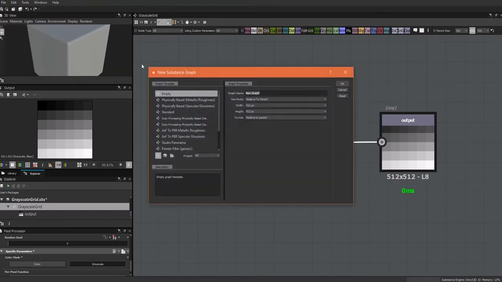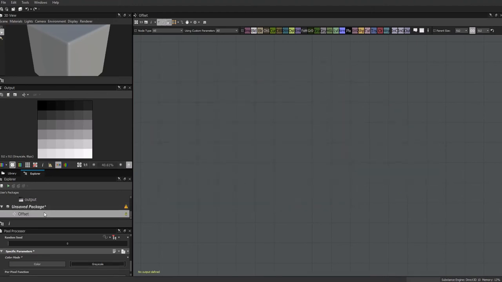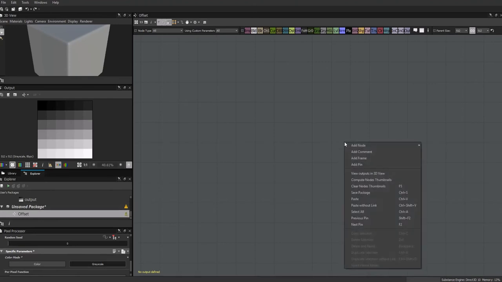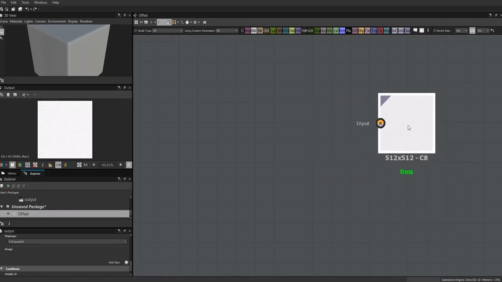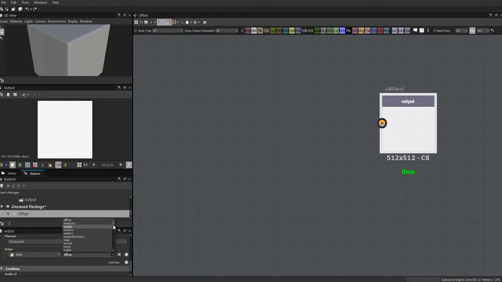So File, New Substance, and this one we're going to call Offset. And again, we can leave it empty and just go ahead and make a new one. And you'll notice again, we're getting that warning until we put an output node in here. No, it doesn't care that it's connected. It just wants an output node. And we're going to set it to